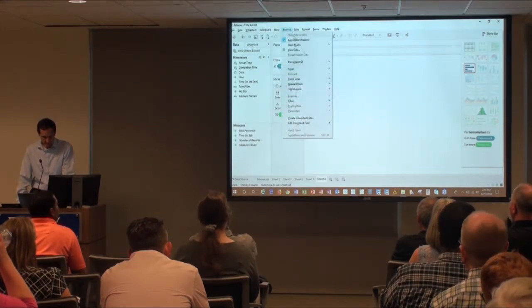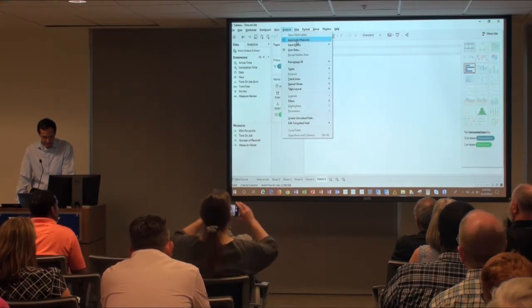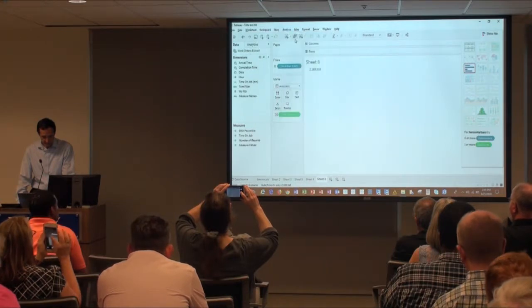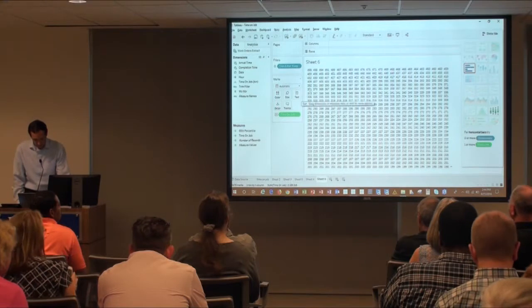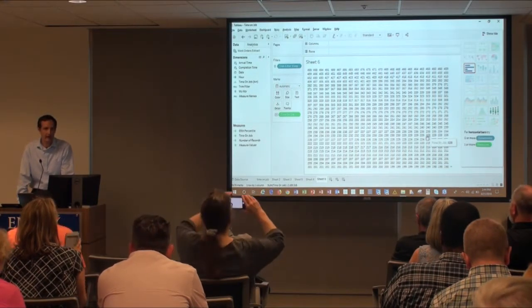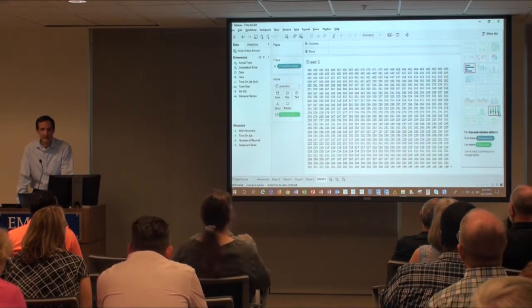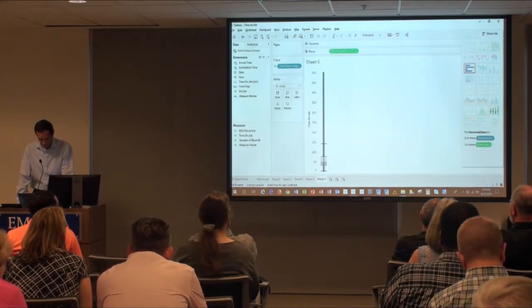There's a little feature right here under Analysis that I've checked, called Aggregate Measures. Uncheck that. You get this interesting look where these are all the values. So we've disaggregated the time on job. Look, it's lit up. Now we can click on box plot, and there it is.